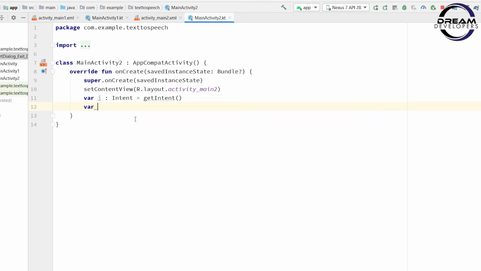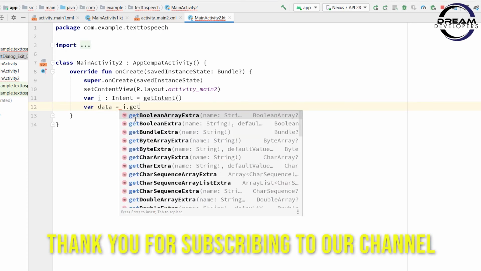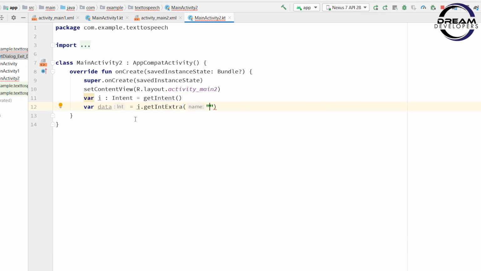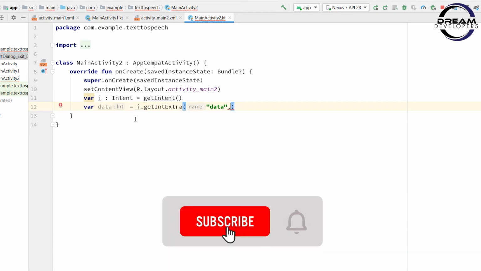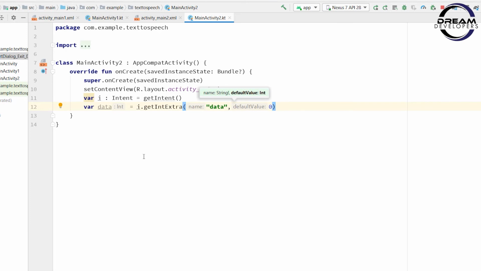So write val data equal to i.getIntExtra, and in this bracket we have to pass our key. So write data, and then we have to pass the default value. So write 0. If we pass the string data, then here we have to pass the string.